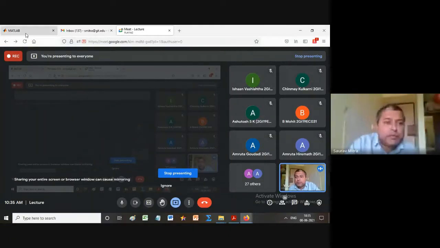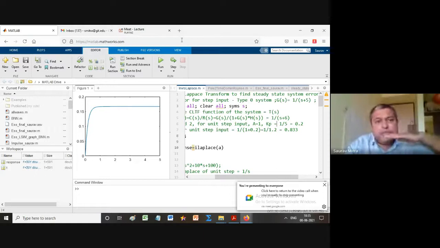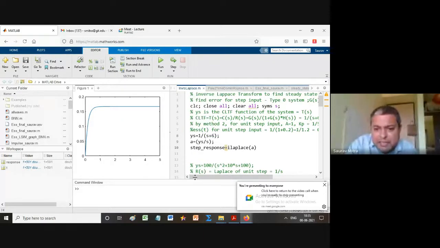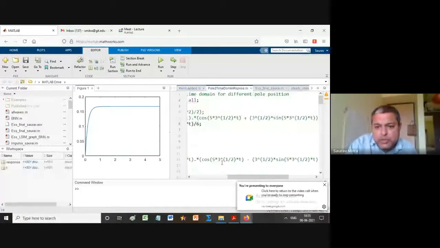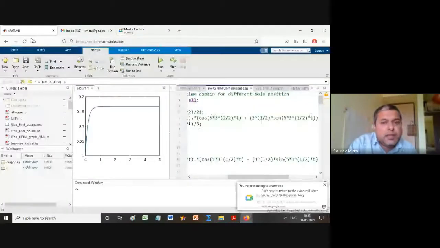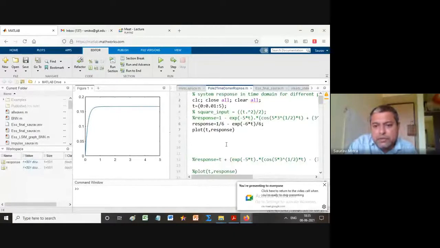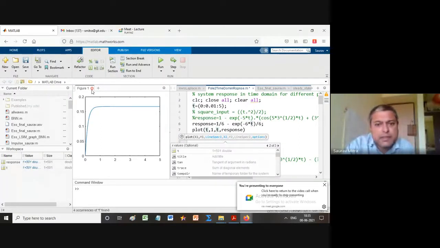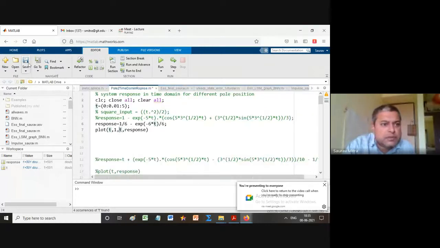Okay, so input I am not plotting here because input is a parallel kind of a thing. This is nothing but unit step. Okay, and this is the unit step response. I will just try if I can plot unit step also. So here in the plot, whenever you are showing in the graph, you have to show like this. So here what you have to plot is t comma 1. Let me just try whether I can plot it. Okay, so this is step like this.